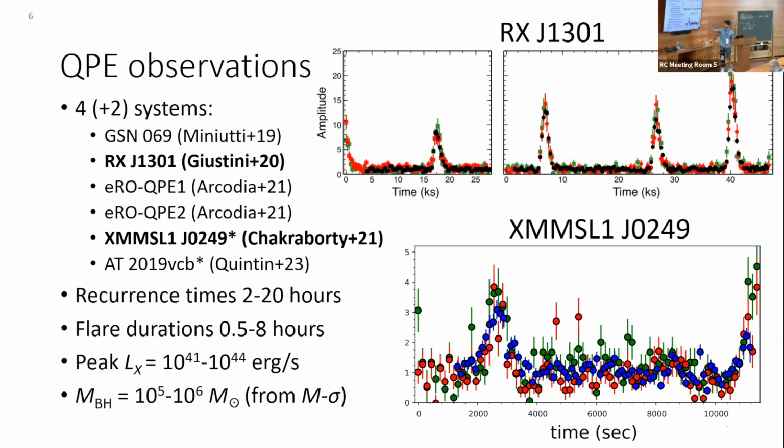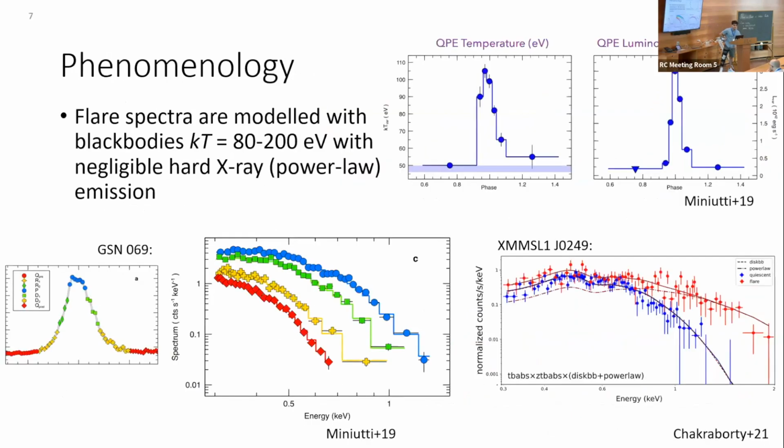that should be like 10 to 15 hours, I think, is the flares of Eurostar QPE1. And then they typically peak at an X-ray luminosity of 10^41 all the way up to 10^44. The recent one is quite bright. So you can really fill up an entire talk just with the complicated phenomenology associated with the properties of these